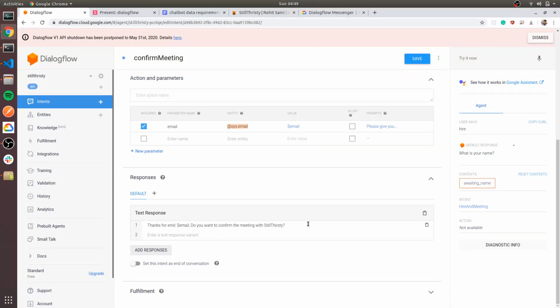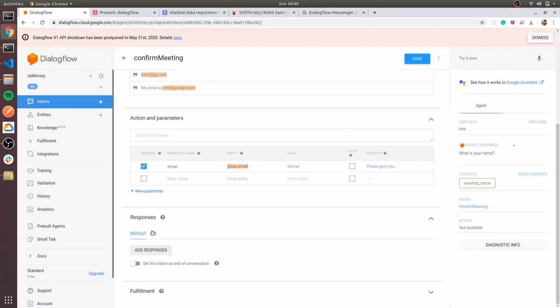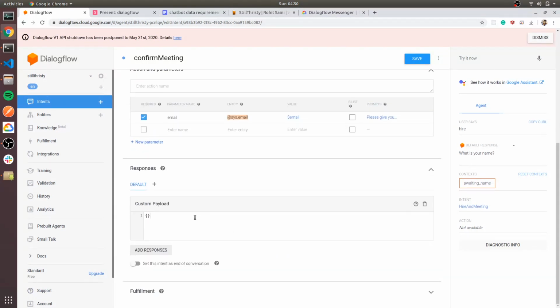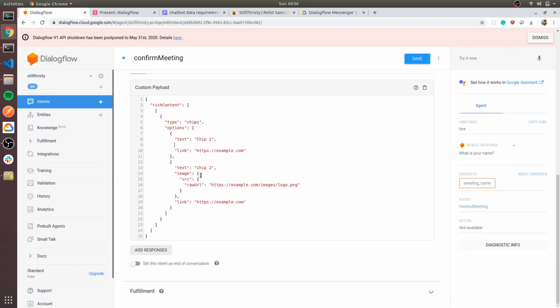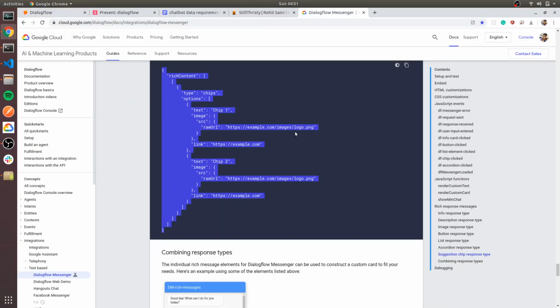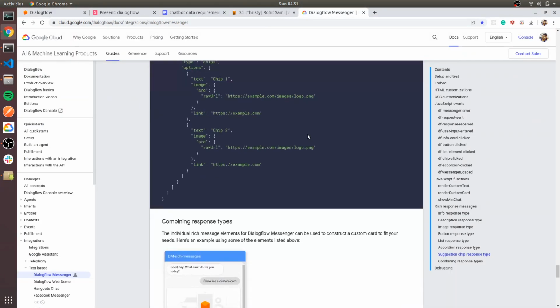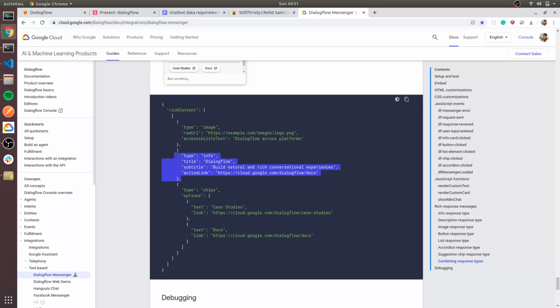So instead of this, delete this response and add a custom response. Remove the image, we don't want an image there. Also we can add text with it, so we can add some info with it.